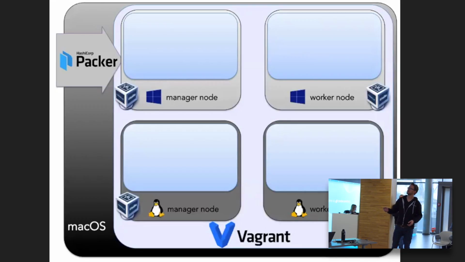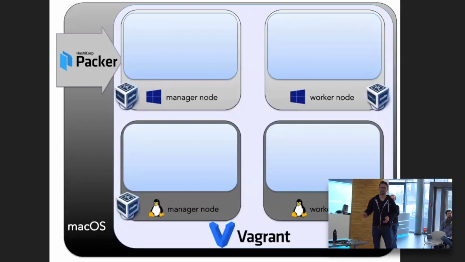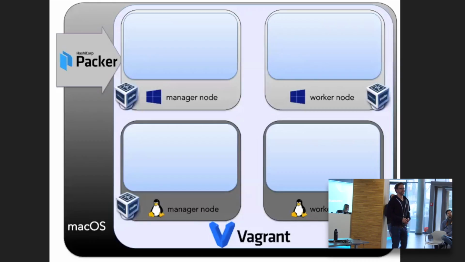And we are using something that is introduced by all this Swarm and Kubernetes stuff. So you have this manager or master nodes, and then you have these worker nodes. So we have one manager node with Windows, one manager node with Linux, one worker node with Windows, and one with Linux. So I think with that we have most of the scenarios that could come up. I mean, you can have more, but not on this laptop.